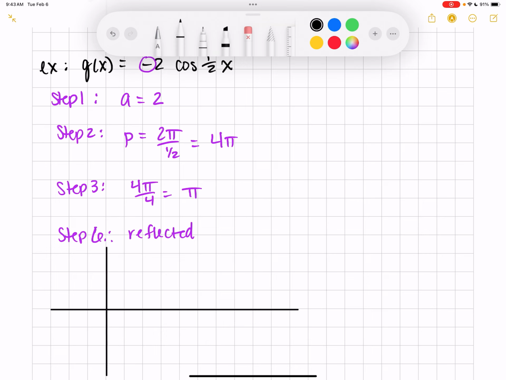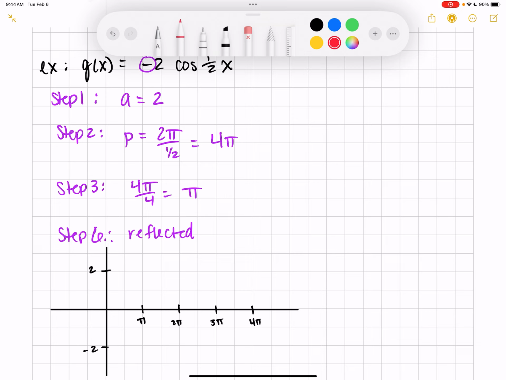Alright, so amplitude's 2, so I'm going to -2 and 2. Period is 4 pi. So again, I'm just doing increments of 2 on my graph so that it's more spread out. So this is 4 pi, 2 pi, 3 pi. Now, I'm going to graph basically the initial function, then I'm going to reflect it so you see what it looks like reflected. Okay, so I'm going to do the initial one in red, and then I'll do the final